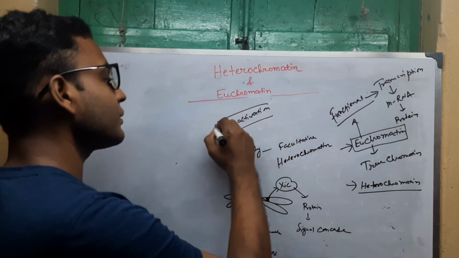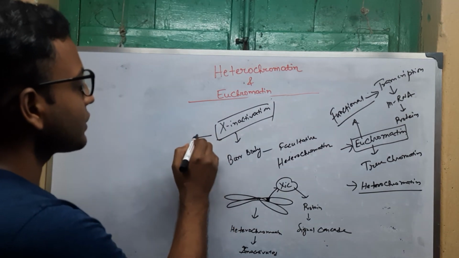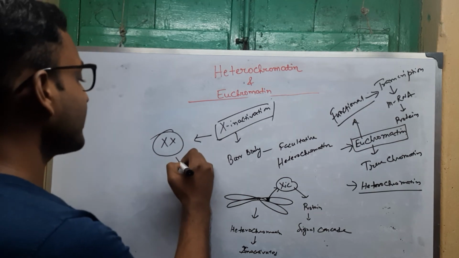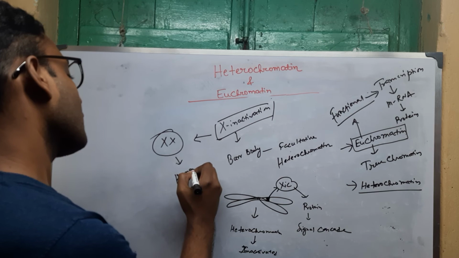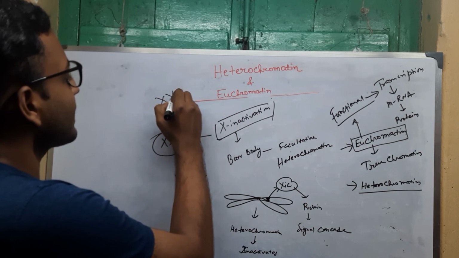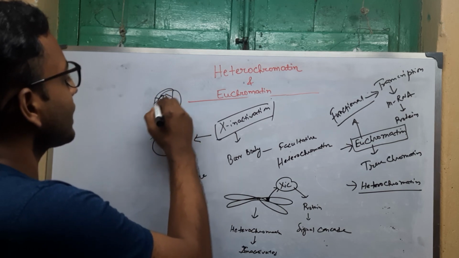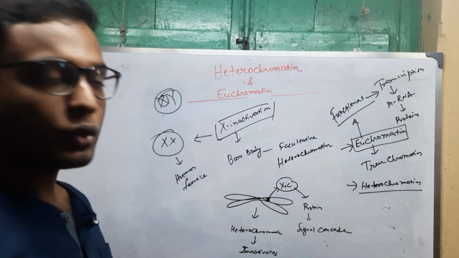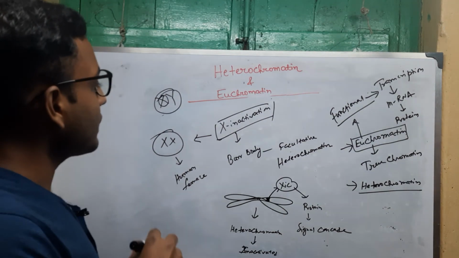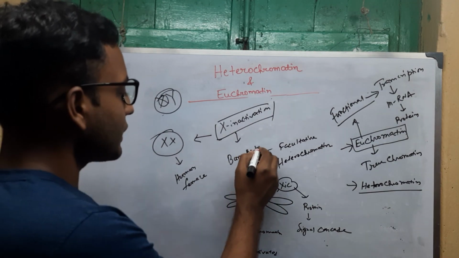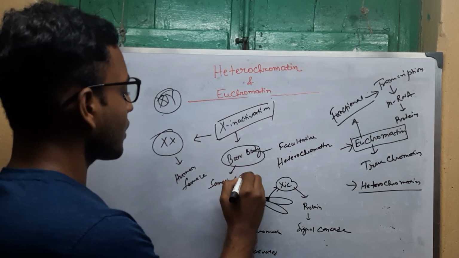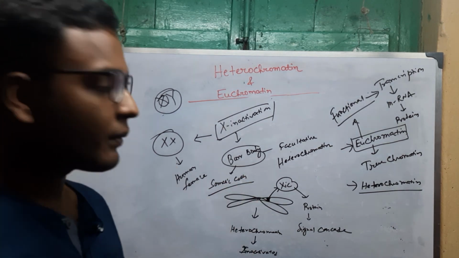This X inactivation can be found in animals where 2 copies of the X chromosome are present, and the example is human females. In males there is an X and a Y chromosome, so a single copy of X is present in males, so X inactivation would not take place, and no bar body can be found in males. Bar body is found in the somatic cells of females.